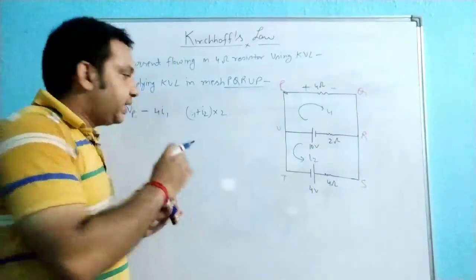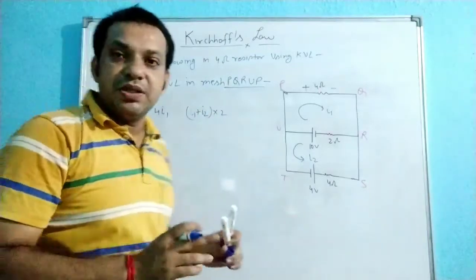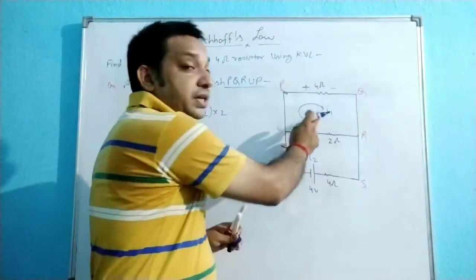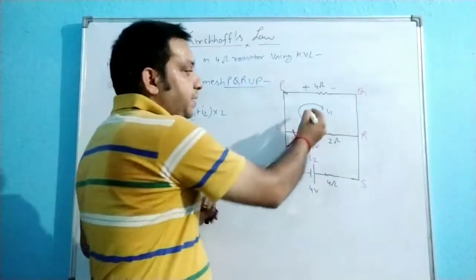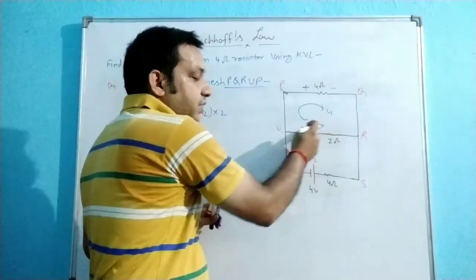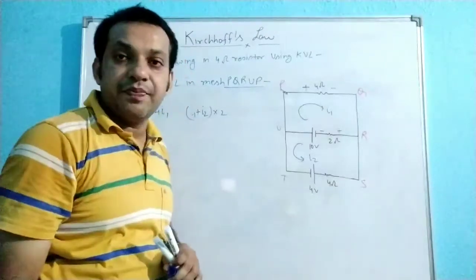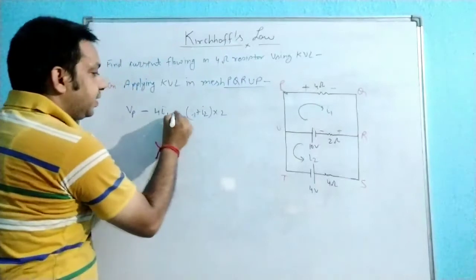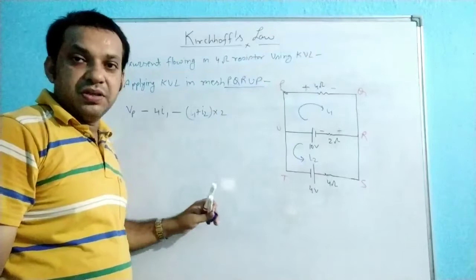Now the question is whether it is a loss of potential or the gain of potential. So loss of potential or gain of potential, what I mentioned in our procedure, I mentioned the assumed mesh current is the dominating current. Right now, that means in the mesh 1 the I1 is dominating. So what is the direction of the I1? I1 is from this side to this side. That means this is at higher potential, this is at lower potential. Right? So from higher potential to lower potential, that is why again there is a loss of potential. Loss of potential. That is why minus.